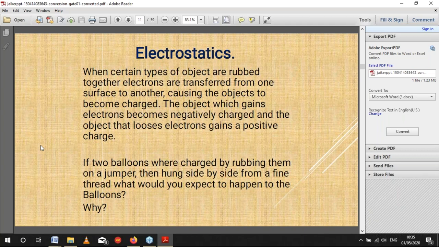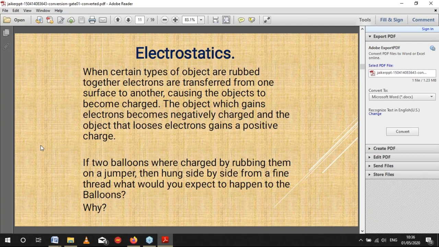You can also say it this way: the force between two point charges Q1 and Q2 is directly proportional to the product of their magnitudes and inversely proportional to the square of the distance separating them, that is R. So when you look at the screen, we have F proportional to Q1 Q2 all over R squared. That is what Coulomb's law states.